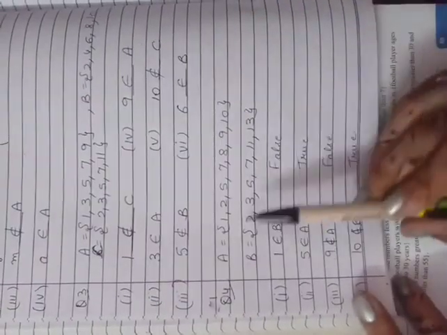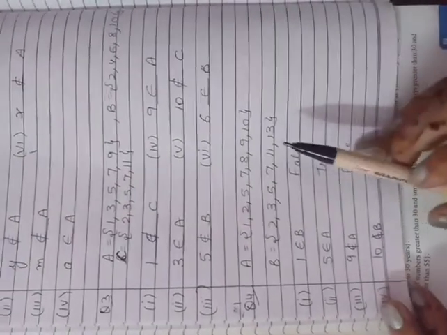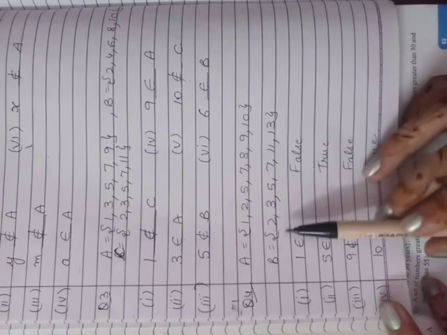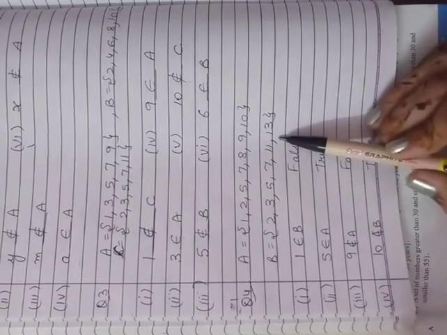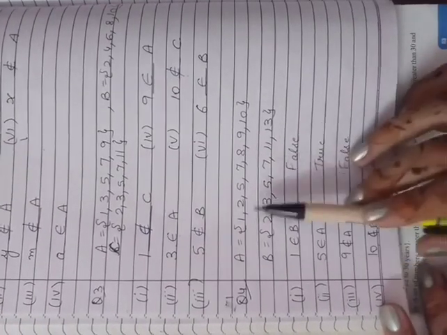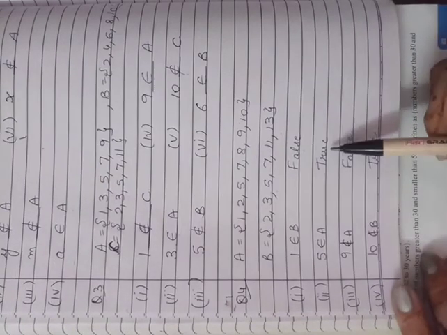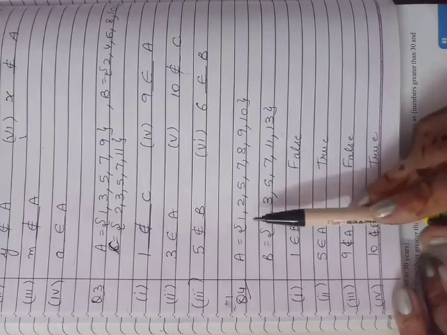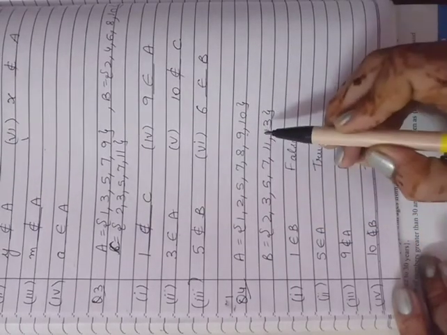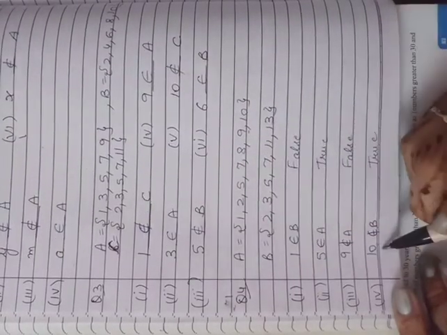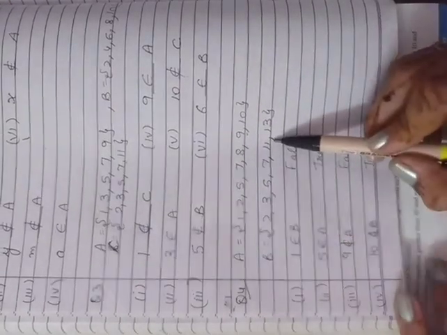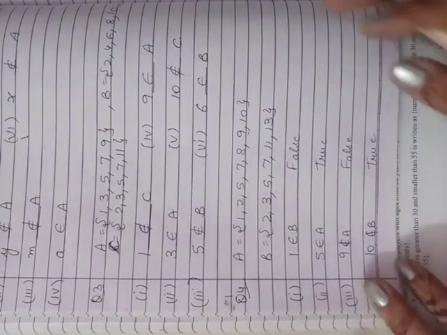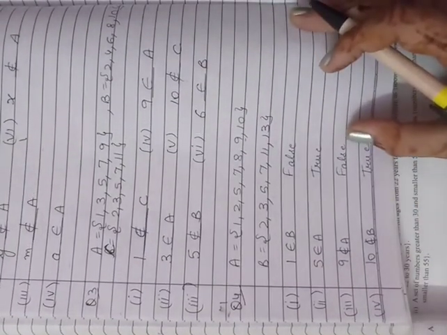In question number 4, two sets are given, A and B, and we have to write true or false. If 1 belongs to B, then we will write true, but 1 is not present in B, so we write false. Is Y present in A? Yes, Y is present in A, so we write true. 9 does not belong to B, that is, 9 does not belong to A, but 9 is present in A, it means this is false. 10 does not belong to B. Yes, 10 does not belong to B because 10 is not present in the set B. So this one is true. Similarly, you can do the next two parts also.